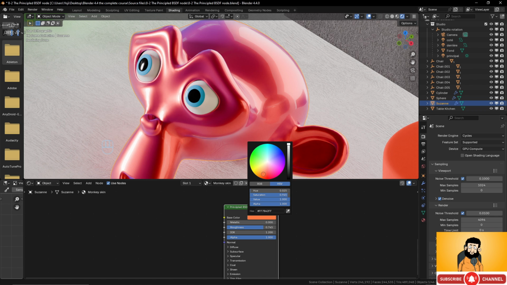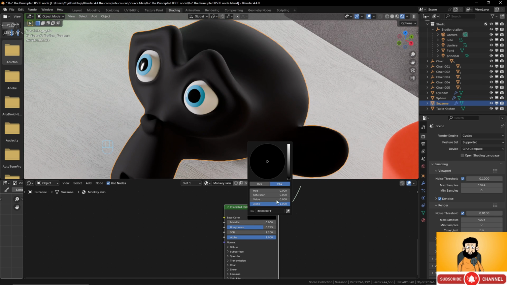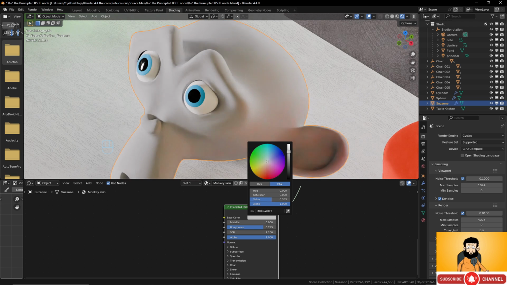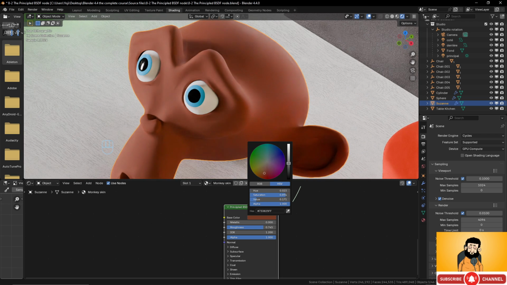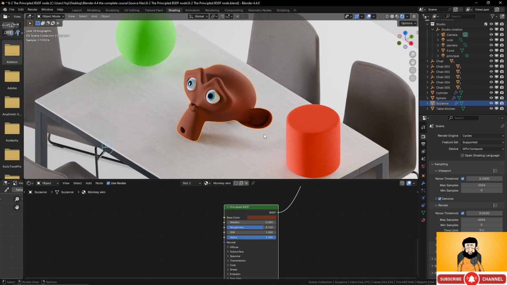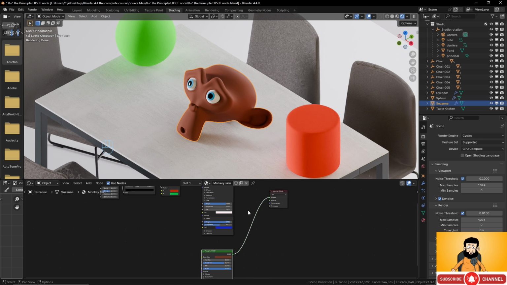Okay, so with this kind of color here, if I control click on it, I can see the result. So I want something with a kind of rusty color like that. Okay, we could add some textures into it and everything, but just for now, just to show you the mixing of